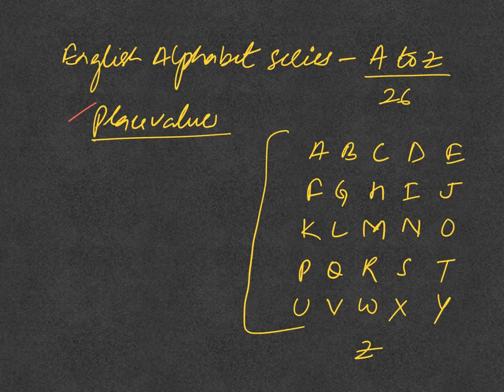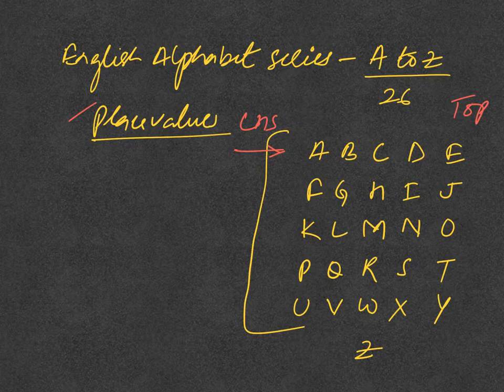Place value means the place of the letter in the alphabet series. For example, as we start writing this alphabet series from the left hand side, or from the top in some cases, we always place A at the first position. After that we write B and we write C and so on. Why do we do this? Because there is a particular order of the alphabet series. That's why we write this alphabet series in this particular order.